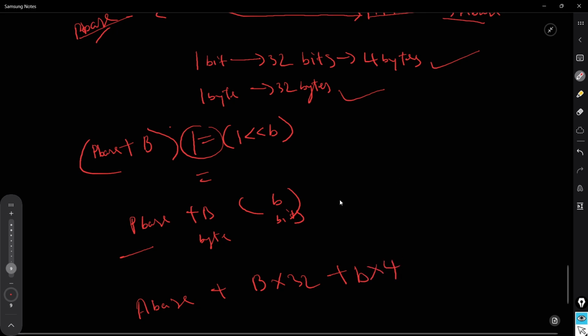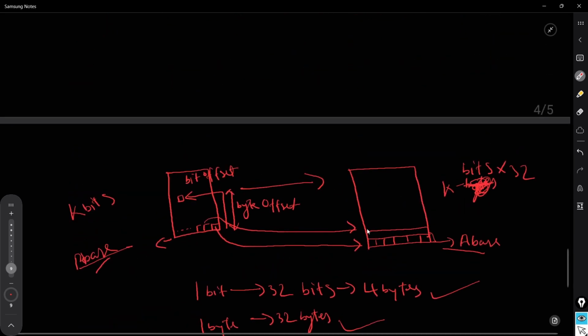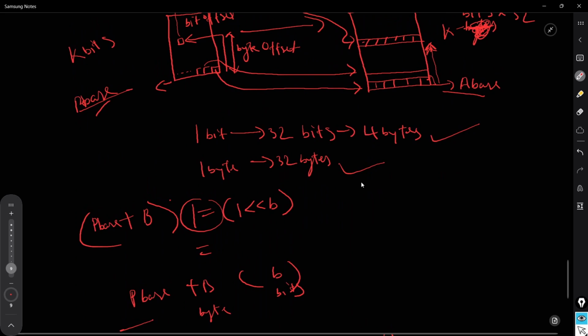You can see easily, now what you have done is you have reached this point. This bit corresponds to this word in the alias region. Now you can write anywhere inside this, you will be writing in this bit only. That is how it works.